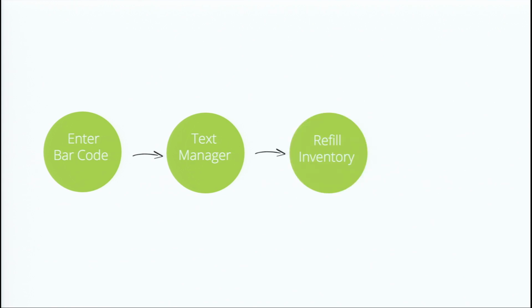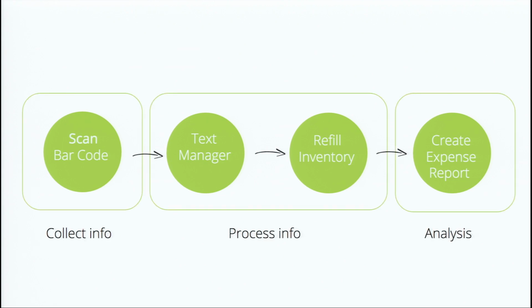The manager refills the inventory, and then an expense report gets created. And when you're doing this in an app, this part can happen automatically. So you don't need to go at the end of the month and say, okay, these are all the things we ordered, let's put them all in a spreadsheet, and then you have to ask someone else, oh, how much does that item cost? And you do the column with all the items and the column with all the costs. All of that is already set up. And better yet, instead of entering this information about the barcodes in a spreadsheet, you can just scan it. You can just use a phone, scan the barcode, and that's already in there.